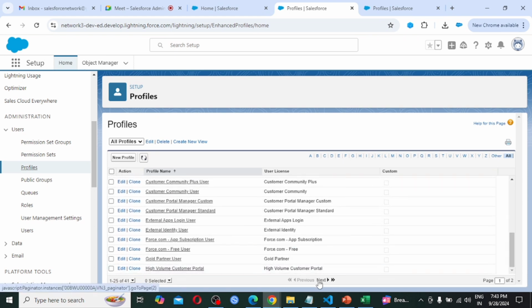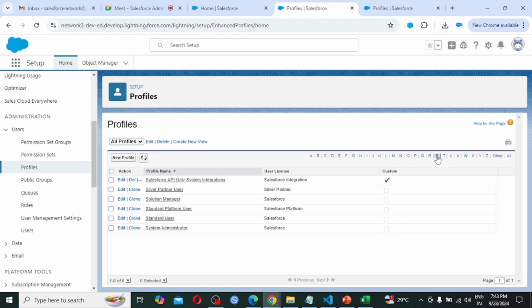So again I am looking for system administrator, or I can directly go to the system administrator profile by clicking on this alphabet. System administrator starts with S. So simply click on S. All the S-related profiles are coming.